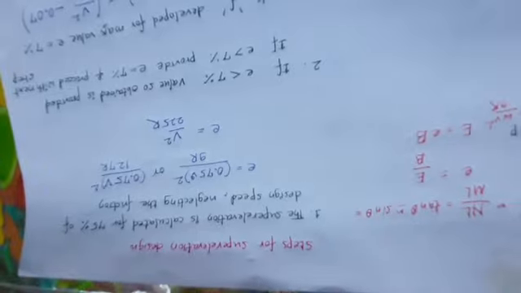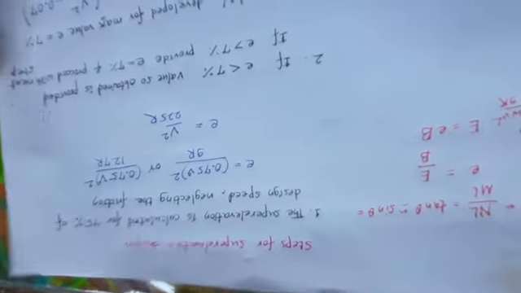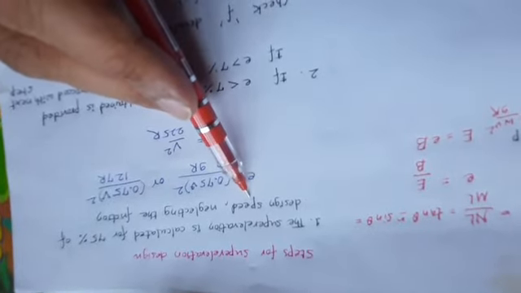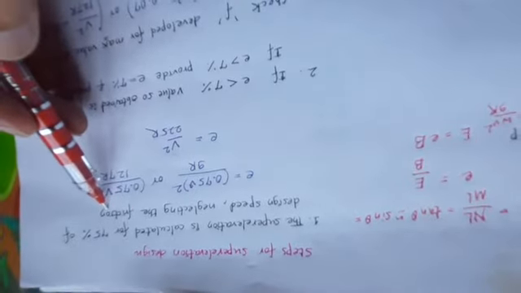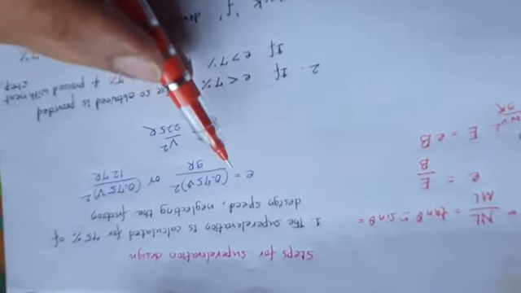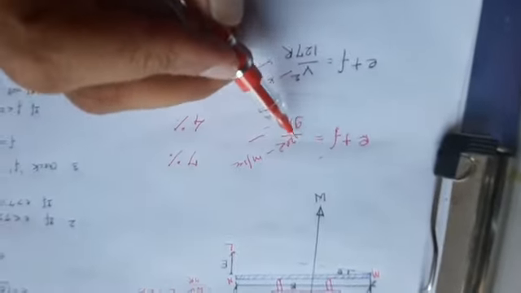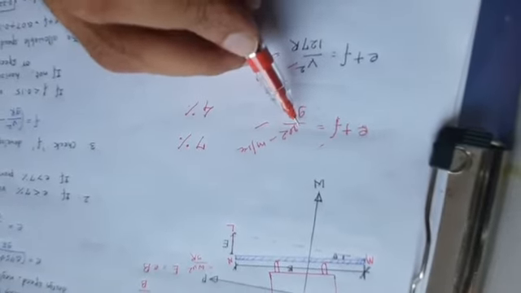So let us see the steps for the superelevation designs. Here are the 4 steps you have to remember when you want to design the horizontal curve. The first one is the superelevation is calculated for 75% of the design speed, and what we are neglecting is the lateral friction, not considering any lateral friction. So in this equation, E plus F, F becomes 0 here. So we only remember V square divided by G R, where the design speed has to be taken as 75%